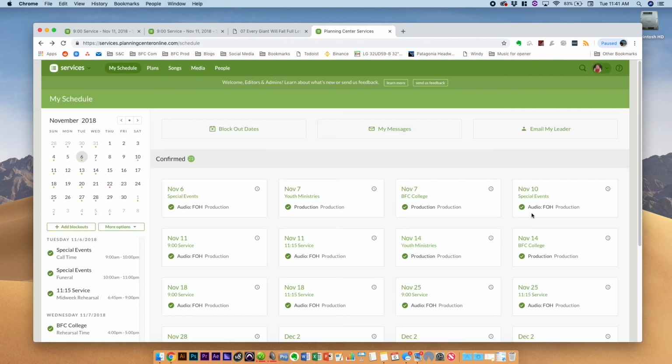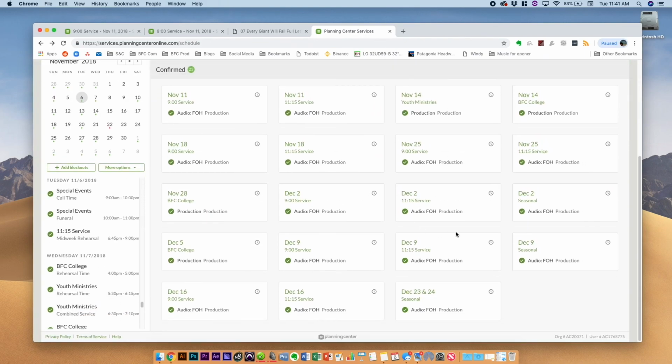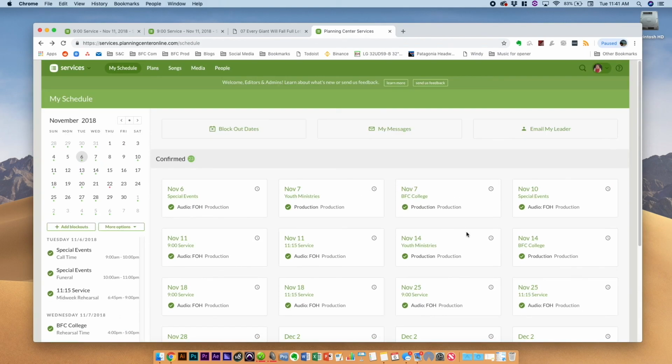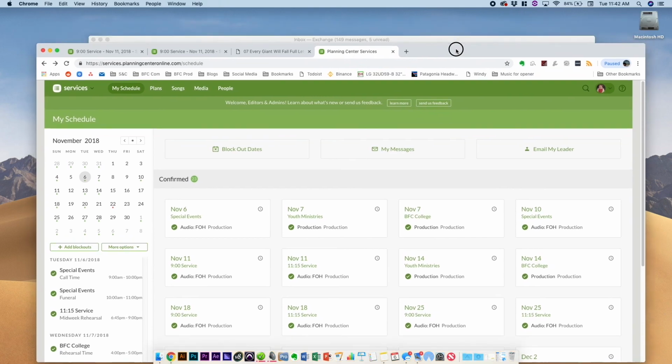So anyway, that's Planning Center in a nutshell. So I hope that helps. All of these same features are available on the app. I highly recommend the app. I use it constantly too. So anyway,